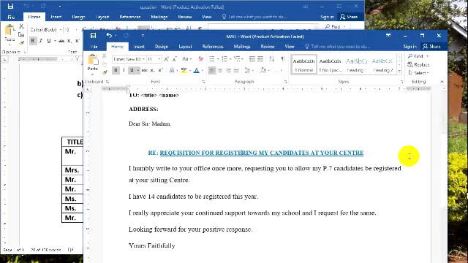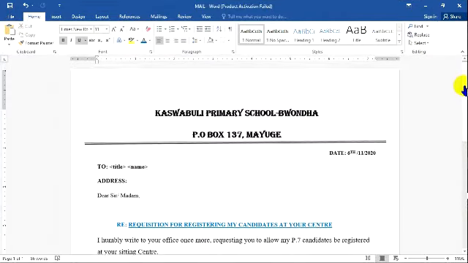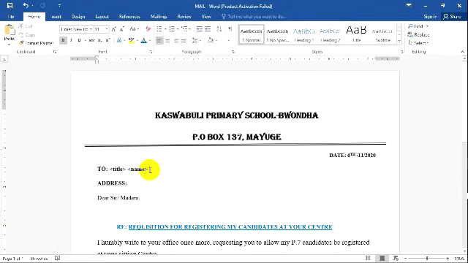Now with mail merge, I'll first of all remove this, or you may leave it for your case, but if you keep in mind that we have two fields here, title and name, then we shall also put the address of this person we are sending the letter to. So now we shall say